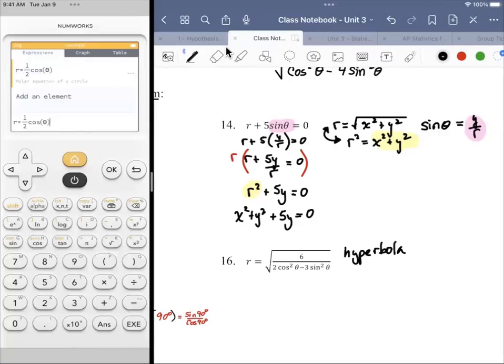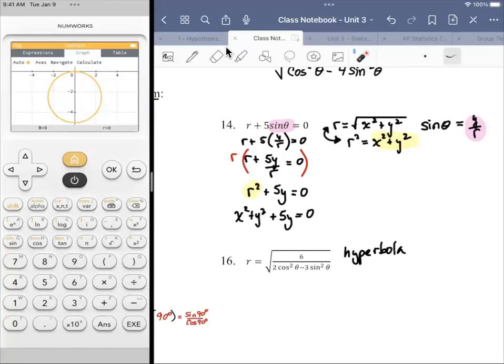If I had solved this one for r, it would be -5 sine. Oh, I had it on the theta to begin with. All right. So that's a circle. Its radius is 2.5. And it's centered, well, it looks like around -2, 0, -2.5. All right, somewhere in that neighborhood. All right, so we could plot this fairly easily. All right, but recognizing that this is a circle